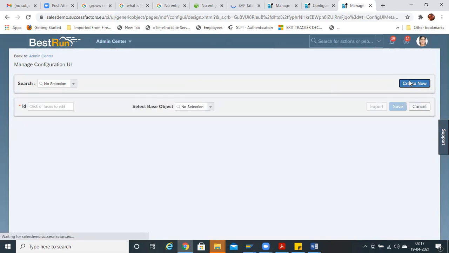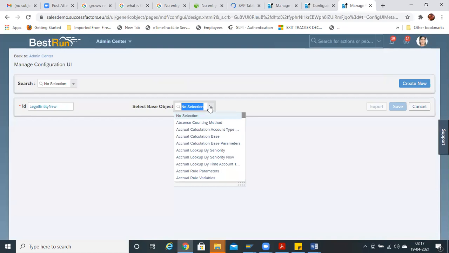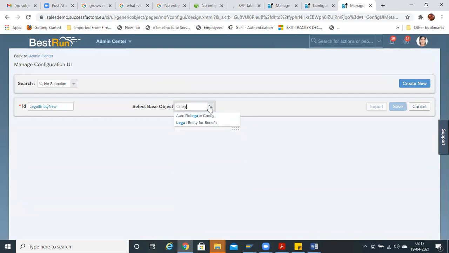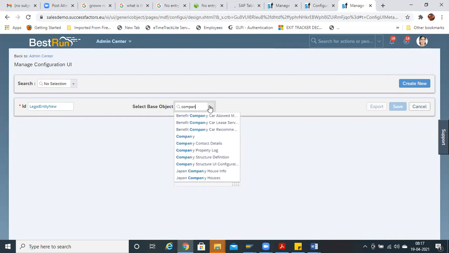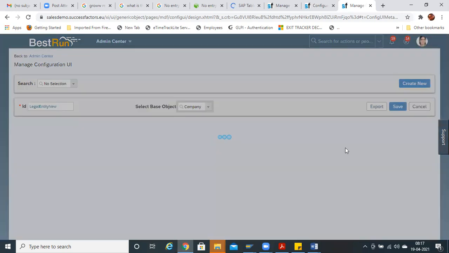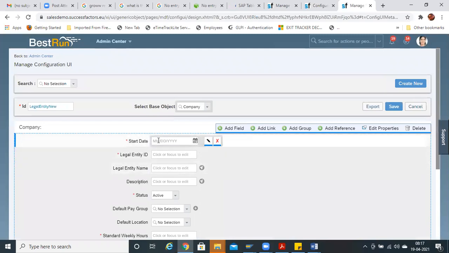So you have to just create new, and then the ID you can mention as legal entity new. Base object should be selected as company. Right now this is the look and feel.